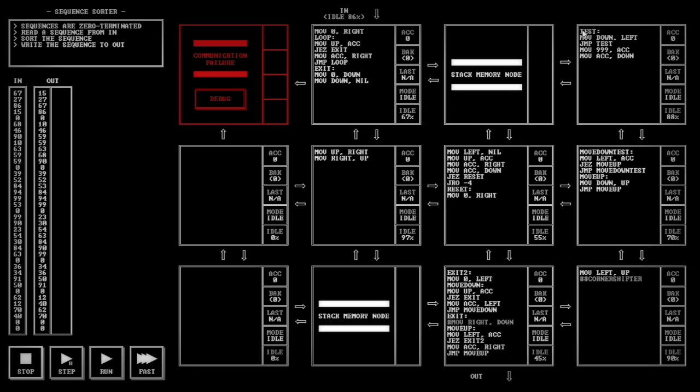So for here, we need to do move down to ACC, move 0 left, move ACC left, and then have a test, move down left. And then if it's equal to 0,